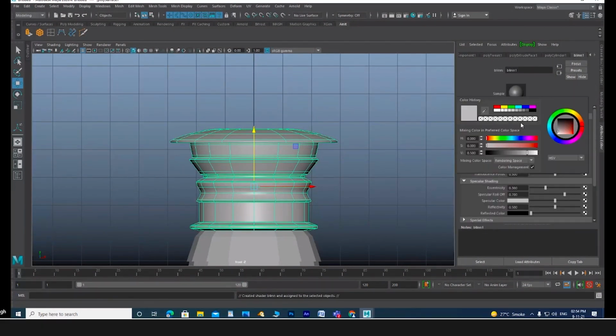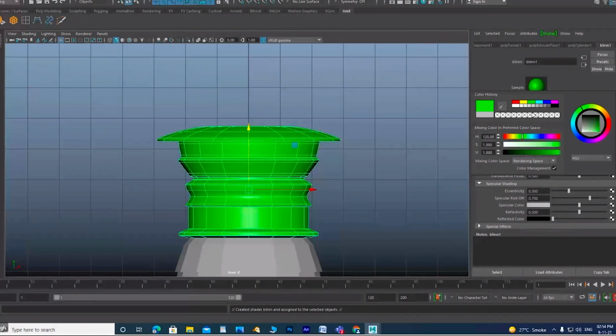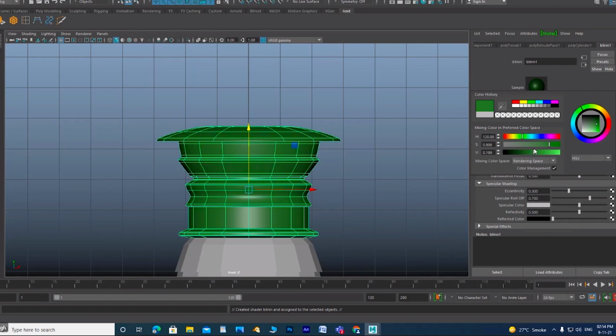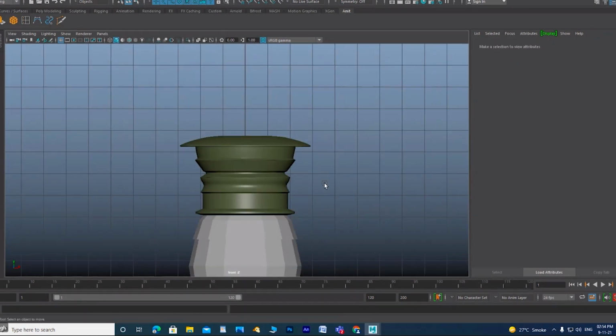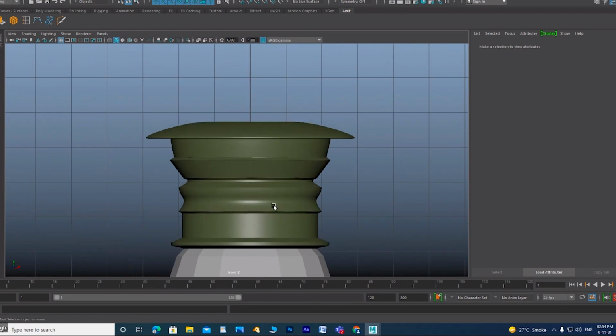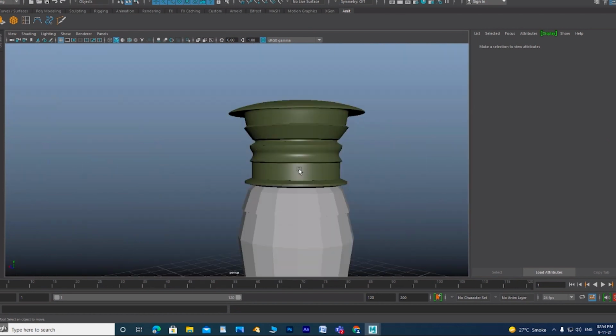You can add color from here, whatever color you want, or greenish, rusty greenish. You can add this.